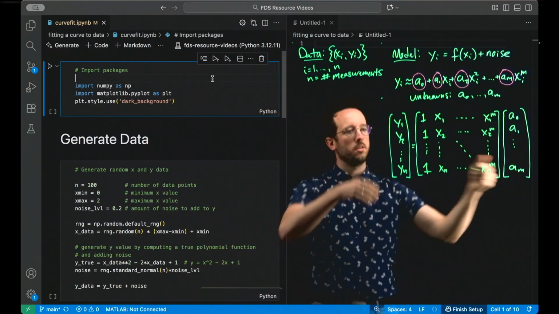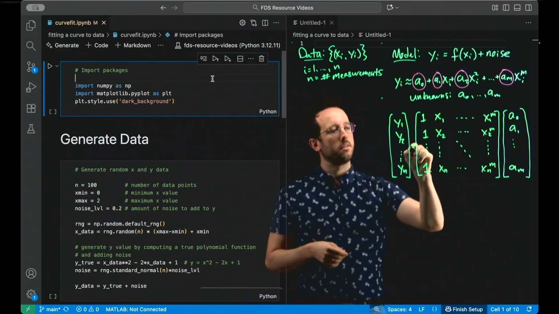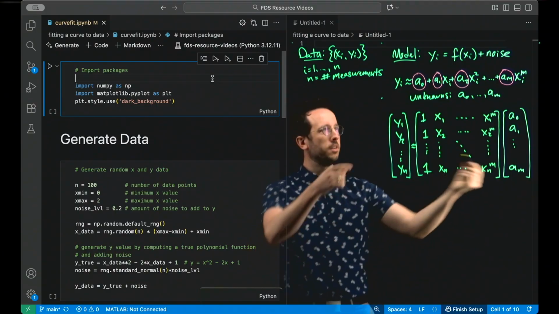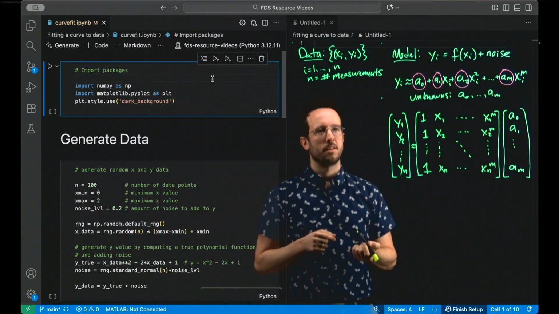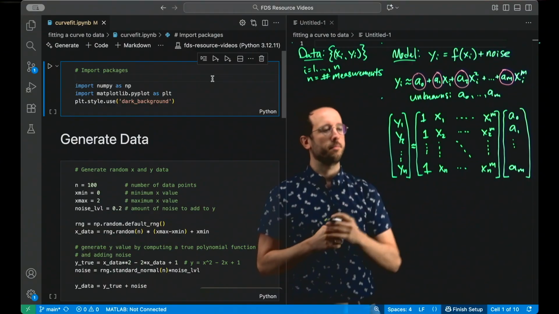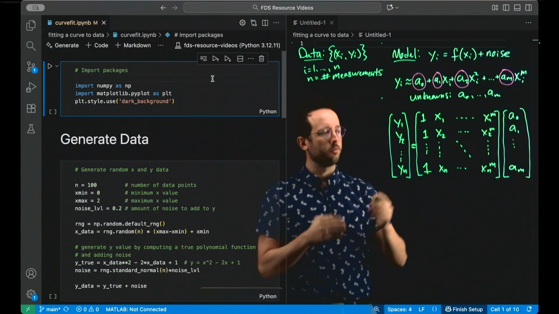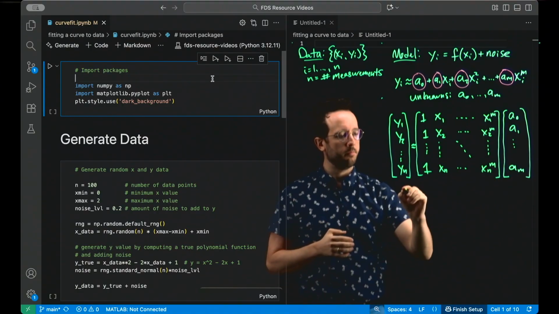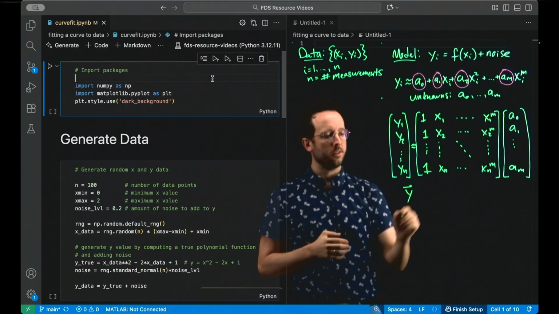This system of equations, if we place an approximately equal sign here, is exactly equivalent to this set of approximate equations denoted up here.